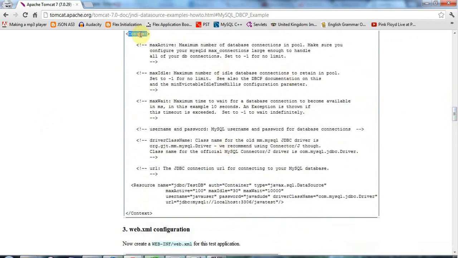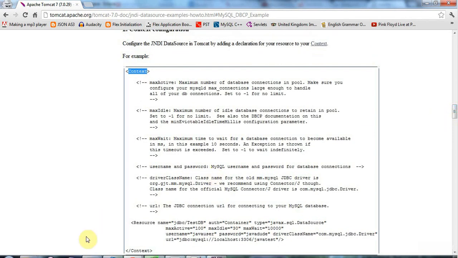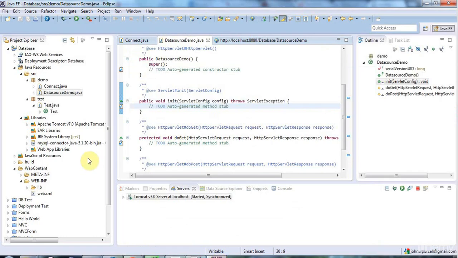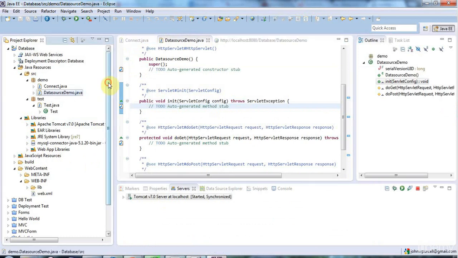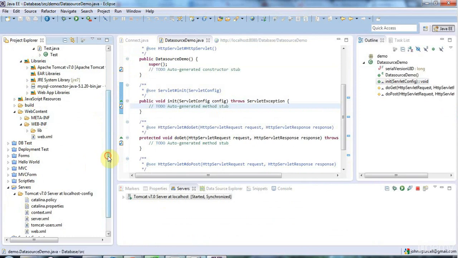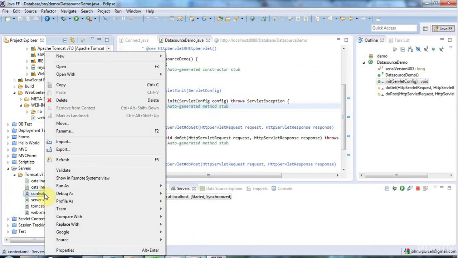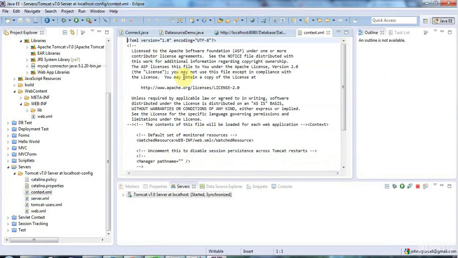So this is within the context tag in Tomcat, and if I go back to Eclipse here, you'll find that you've actually got a project called Servers which needs to be open to run anything. And if you look in there, we've got a local configuration here of Tomcat for debugging purposes, and Tomcat has this context.xml. If you right click that, I don't want to use the default editor here, so I'm going to right click it and go to Open With, Text Editor,